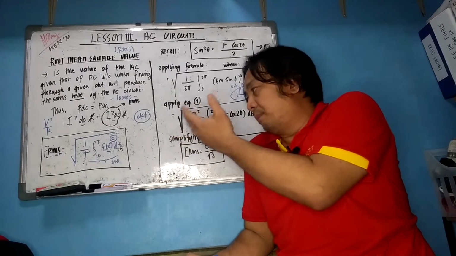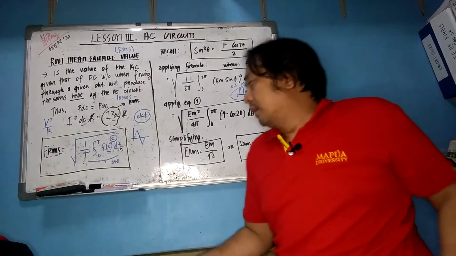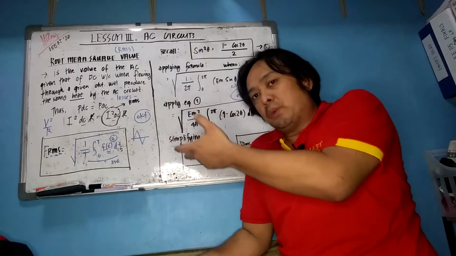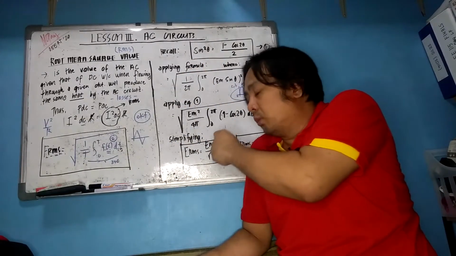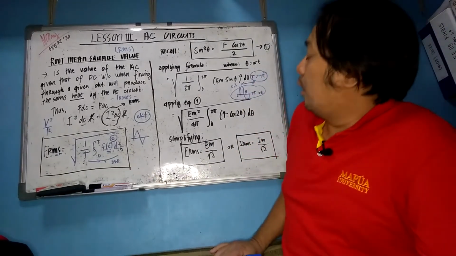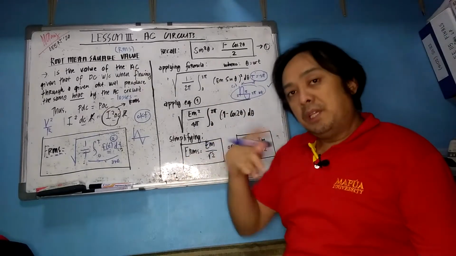However, if the signal becomes like this, a triangular wave, the root mean square value will be different, and you need to derive it. Now let's concentrate on the sinusoidal signal,